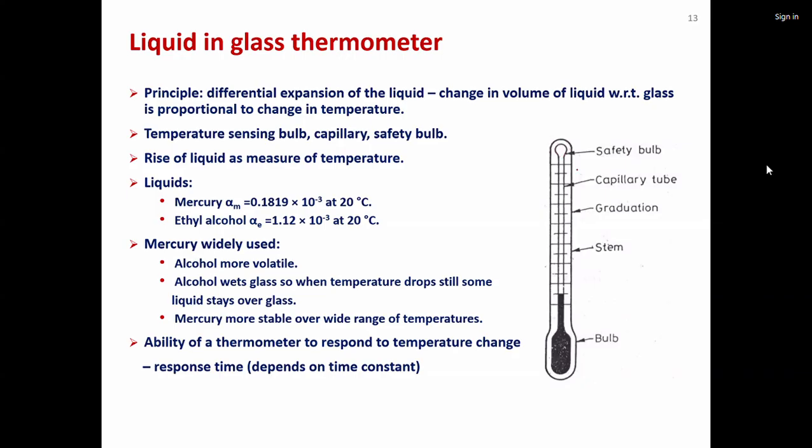The safety bulb is for safety, because if you accidentally expose it to very high temperature, this mercury should expand and then should have some buffer space to get stored here in case of sudden change in temperature. If this is not there, then if the pressure suddenly increases, this capillary can break, and in that case mercury will just splash out, and mercury is very dangerous. So that is why you have this safety bulb at the other end, and you have the capillary tube,